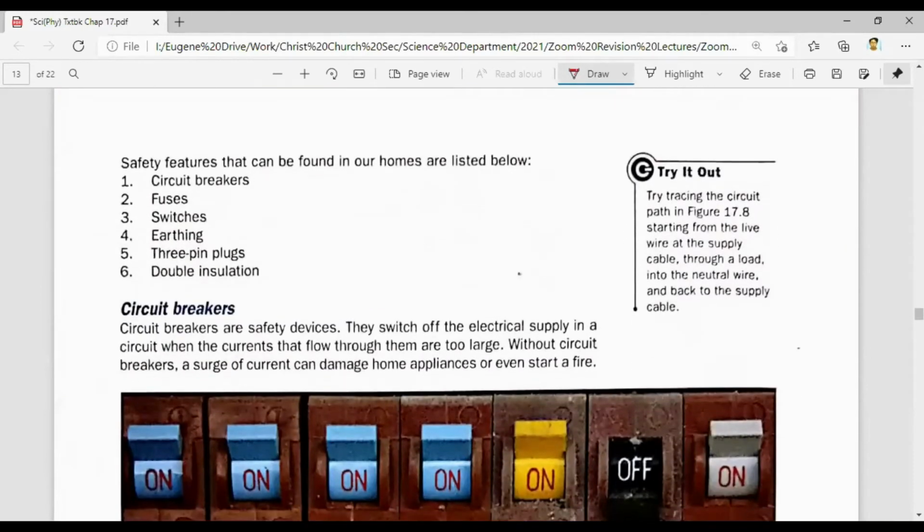Some of the safety features that can be found in our homes are listed below. So your circuit breakers, we got fuses, we got